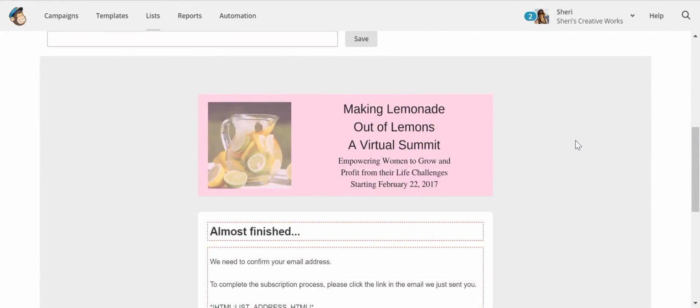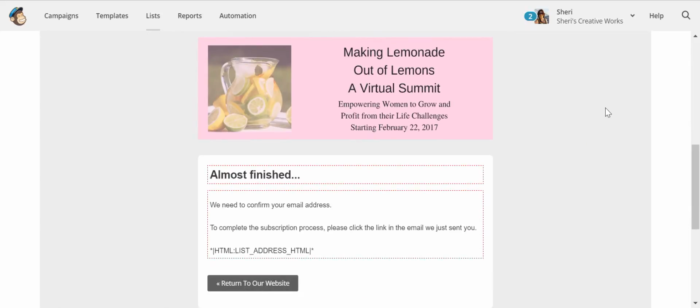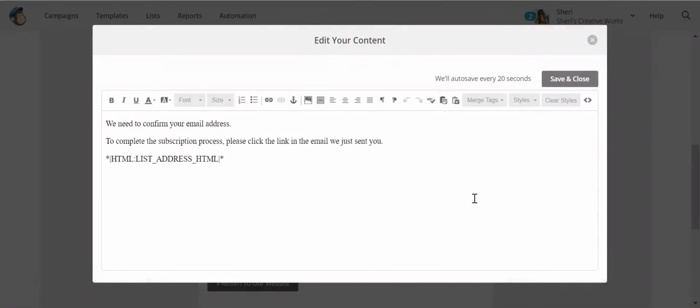Now, this looks like it's a lot of things to go through, but I'll show you in a minute what it actually looks like. It isn't quite that way. They only see a couple of items. But what we're doing here is we want to confirm your email address. And, you know, because we're going to say more, we want to confirm your email address